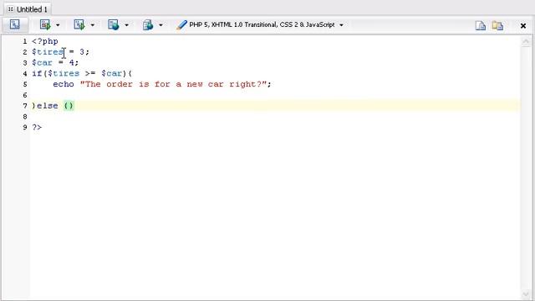And since this can have something else happen, we need to say that this is less than a car has. And if we save that,